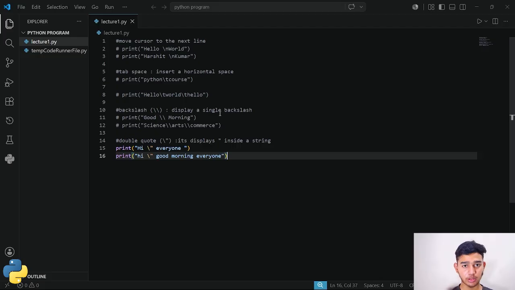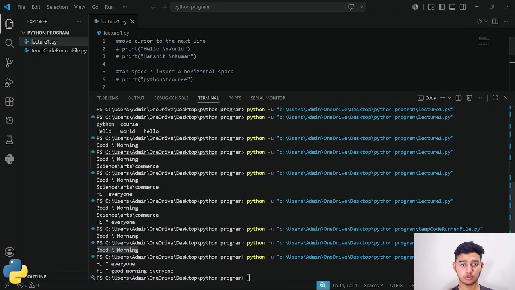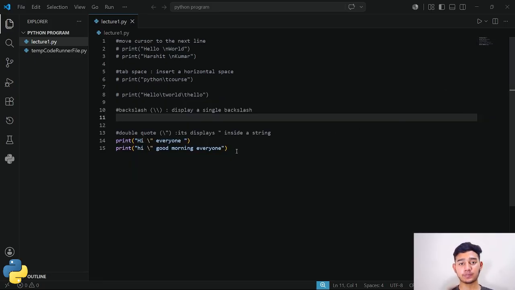It is commenting out the rest. Now you can see there is a single double quote provided between those two letters. So basically, this is how the double quotes work.